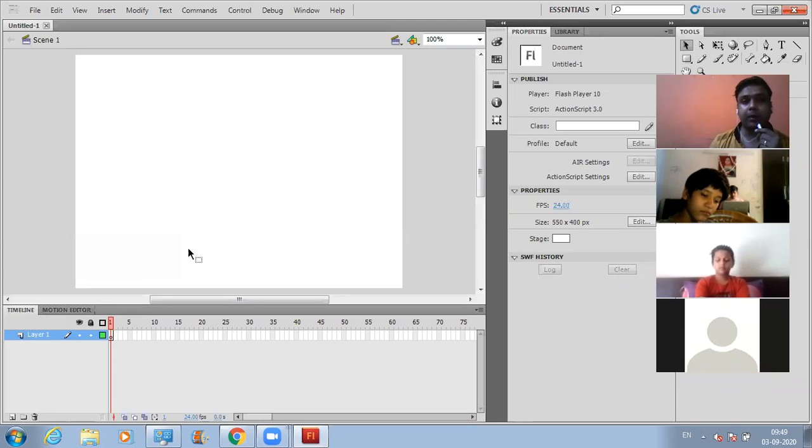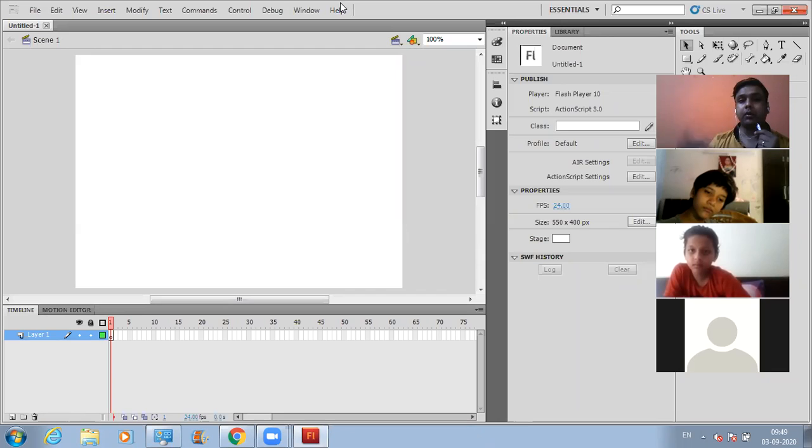Now, where is that menu bar present? Are you all able to see these options that are there, right on the top? This is the menu bar: File, Edit, View, Insert, Modify, etc. That is right. So this is the menu bar, and these are all the options that are present in the menu bar. Okay, you have to remember these things. When I use these terms like menu bar, stage area, tools panel, if you remember these terms now, you will be able to understand Flash in a better way.